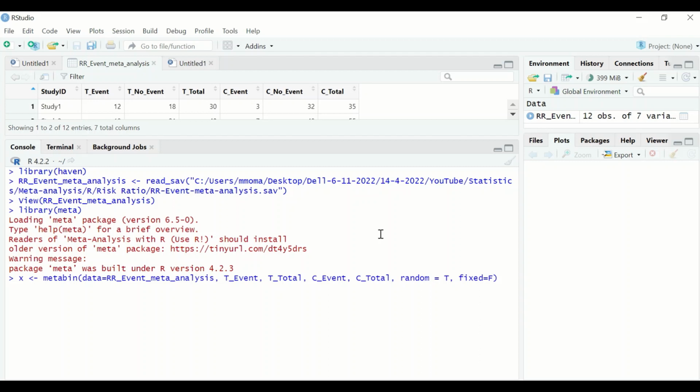If I want to reverse that situation in which I want a fixed effect model, then fixed will be true for T and random F for false. Insert a comma and then choose the method to use for the analysis. So type method and then equal sign, and I'm going to stick with the MH method